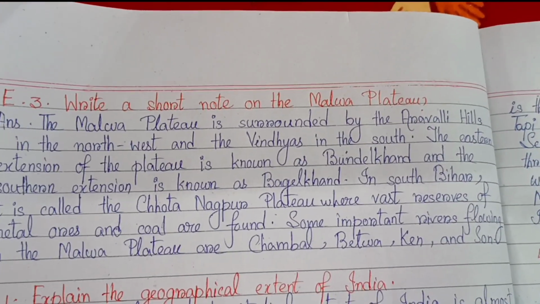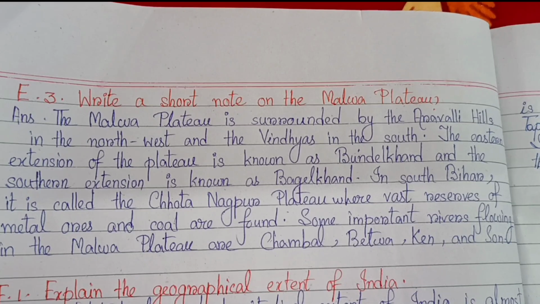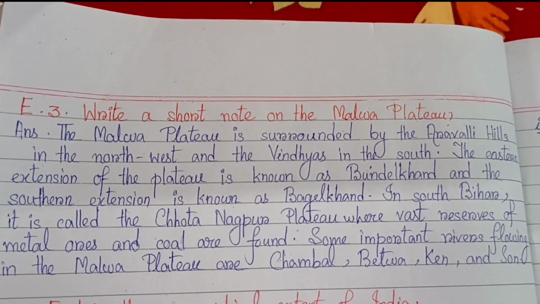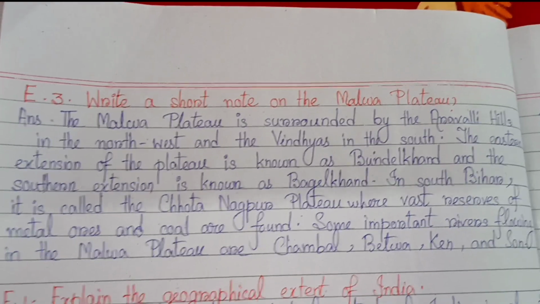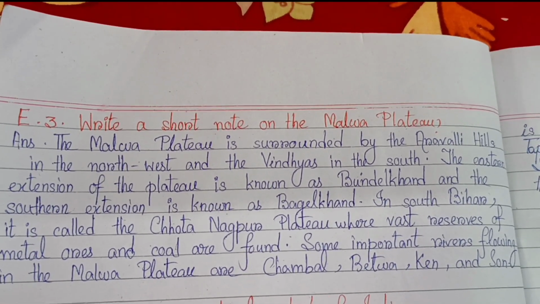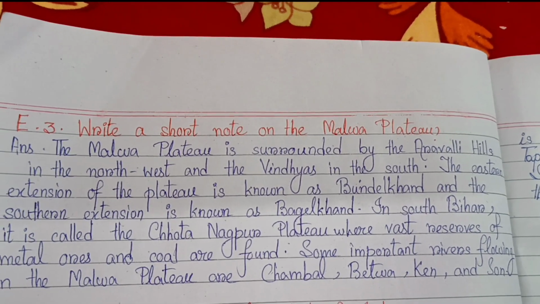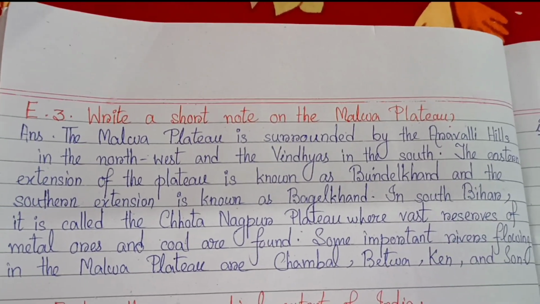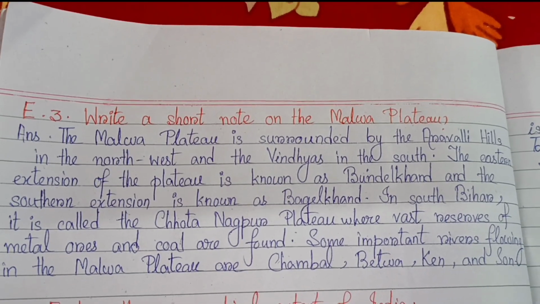Next, E3. Write a short note on the Malwa Plateau. The Malwa Plateau is surrounded by the Aravalli Hills in the northwest and the Vindhyas in the south. The eastern extension of the plateau is known as Bundelkhand and the southern extension is known as Baghelkhand. In South Bihar, it is called the Chotanagpur Plateau, where